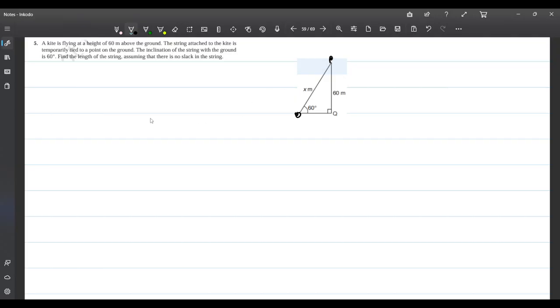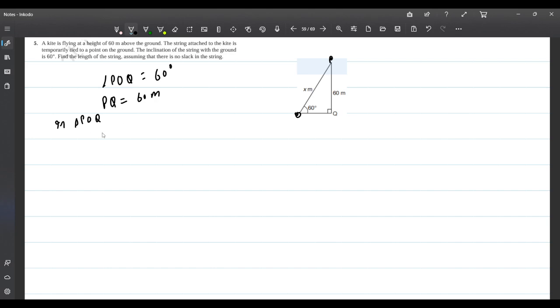This is angle P. So let P be the position of the kite, which string is tied to a point O on the ground, such that angle POQ is 60 degree, where Q is the point on the ground just below P. So therefore PQ is equal to 60 meter. So in triangle POQ,